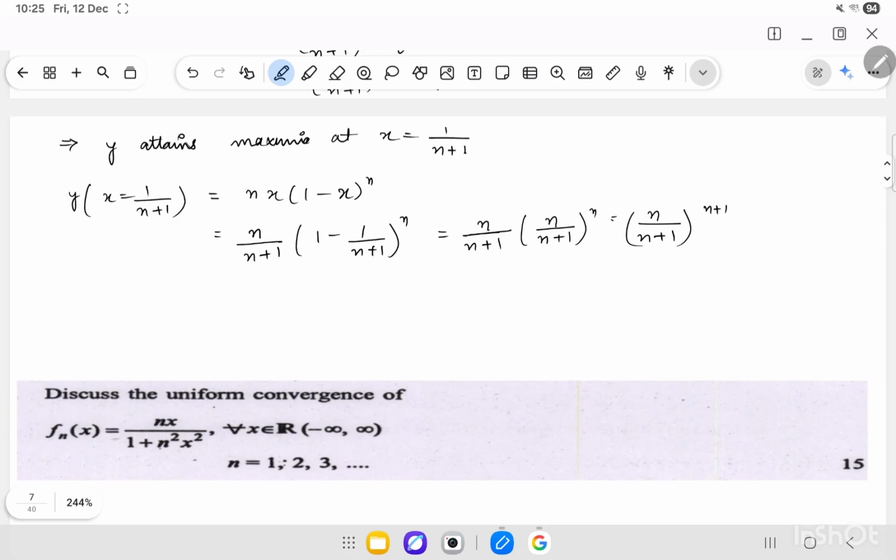And if I evaluate, so we got our mn as n divided by n plus 1